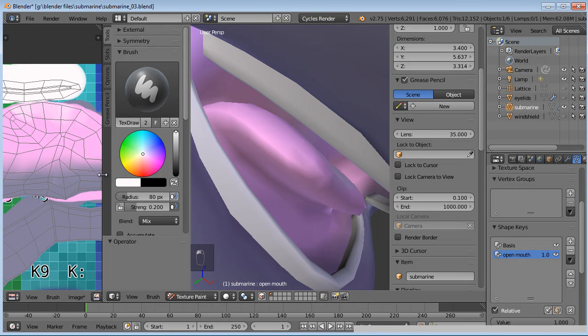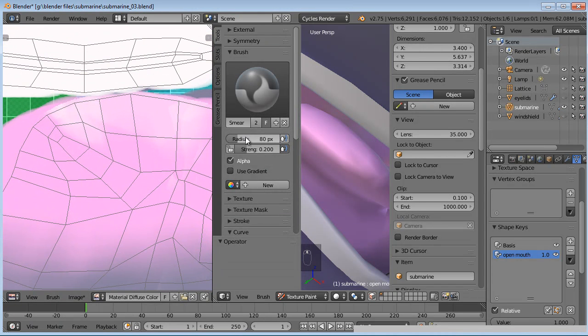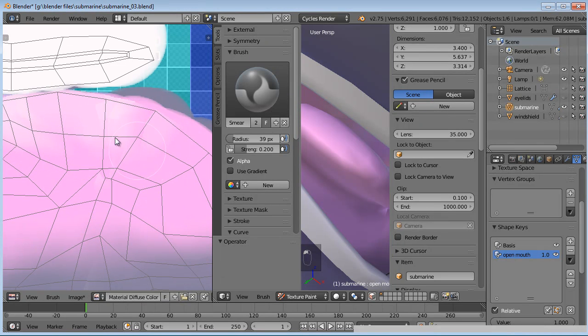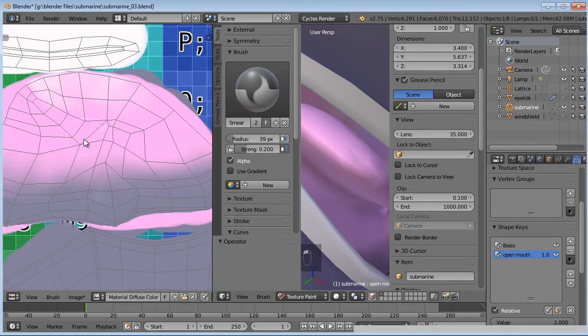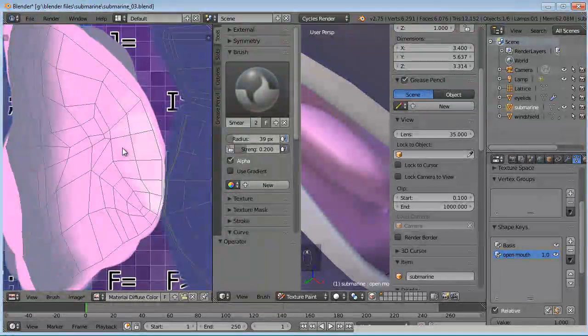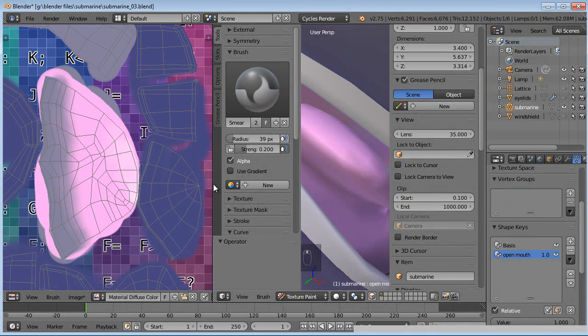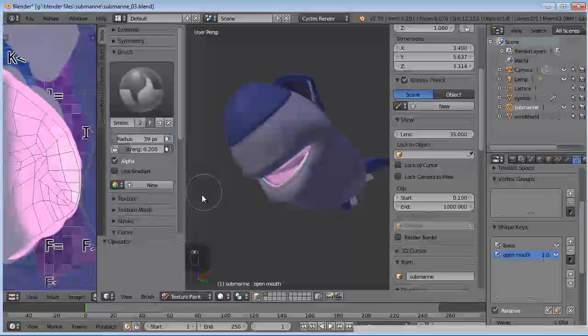And then we can come in over here and use our smear tool to kind of clean this up, make our brush a little smaller. Clean it up here on the texture itself. Okay. And if you want to go even further and actually add an image of a tongue on there, you could do that. But I think that would make it a little too realistic, and we don't want it too realistic as it's a cartoon. So I'll just leave it with these colors. Okay, so now we got our color set up,